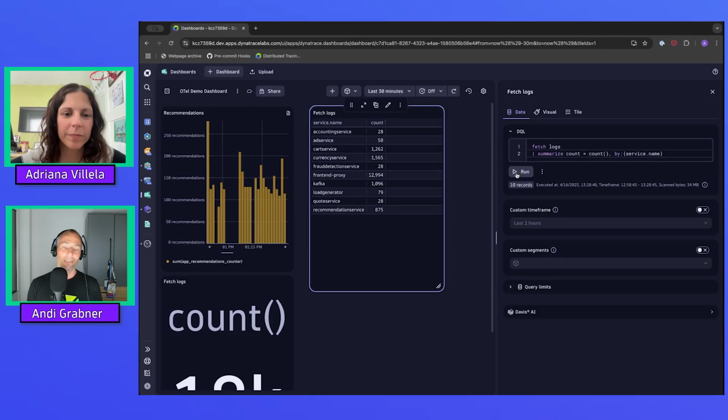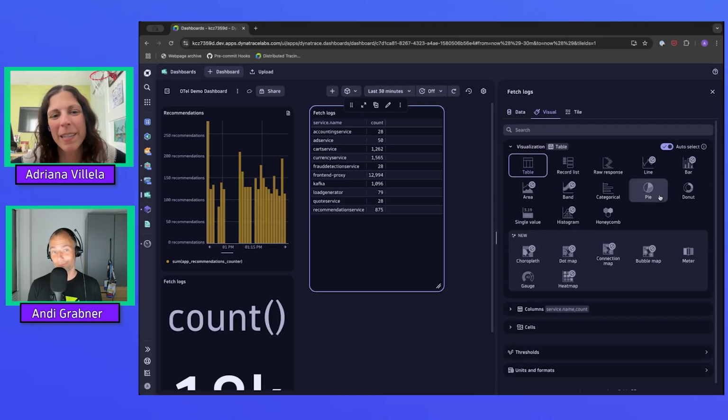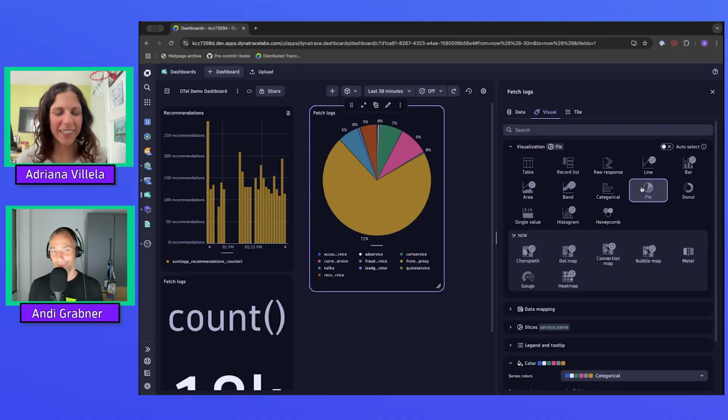Cool. And now this is cool, right? Because now we have the service name and the count. And in this case, your pie chart that you used earlier might actually now make sense. Oh, yeah, look at that. So much easier now to see what's the biggest contributor in terms of